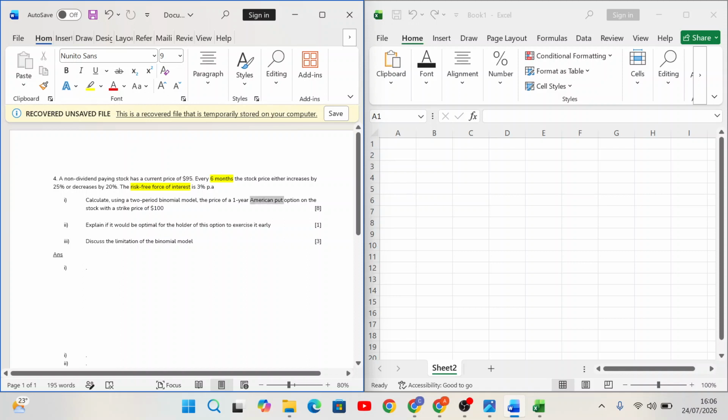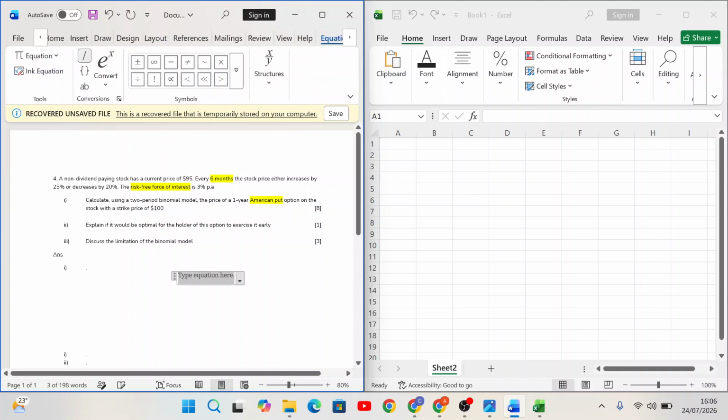So it's an American put option. American meaning it can be exercised at any time and we do not have to wait for maturity. And a put option is also important to note. Calculate using a two-period binomial model the price of a 1-year American put option on the stock with a strike price of 100. So from this question, even before starting to answer, there are some formulas that can give us marks,